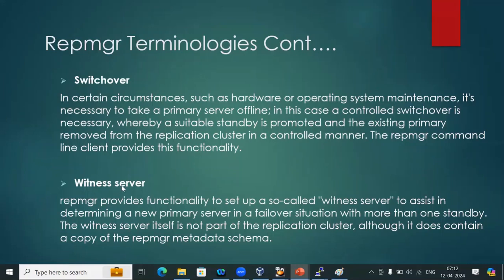And we have something called a witness node. This witness node is not part of your primary and standby cluster. We have to configure a separate server called a witness node or witness server. This witness server comes into the picture whenever you have multiple standbys. The advantage of this witness node is that whenever you have multiple standbys, if your primary is not available, then this witness server will make sure that